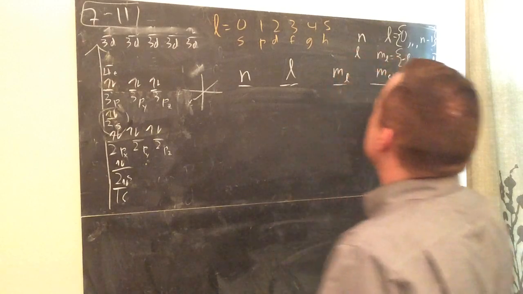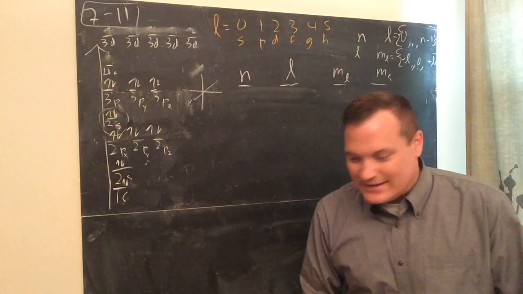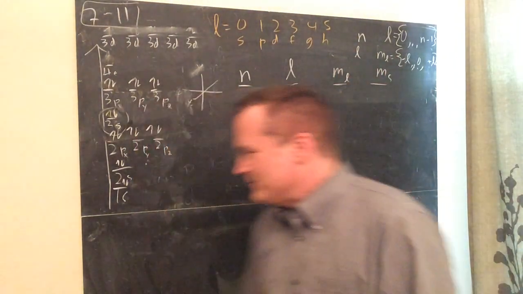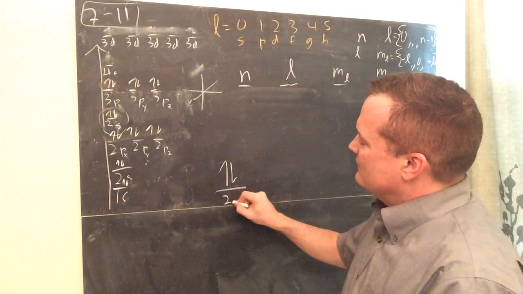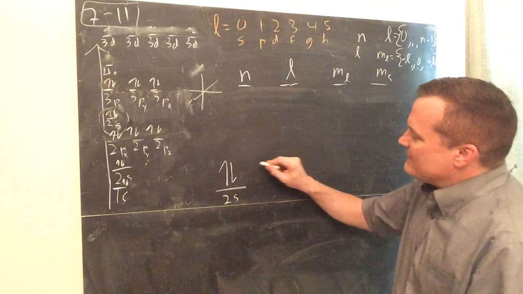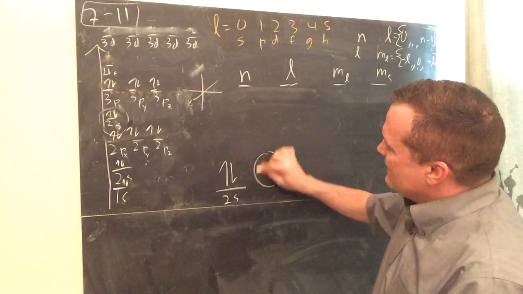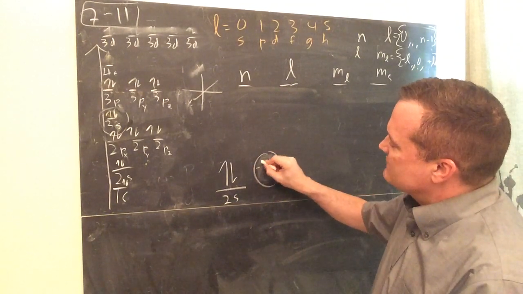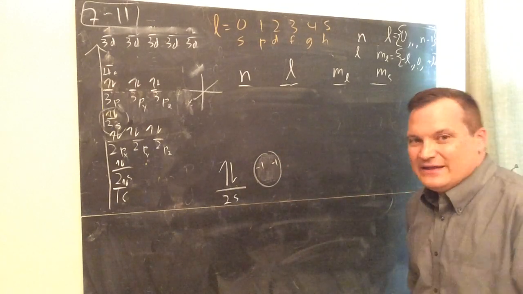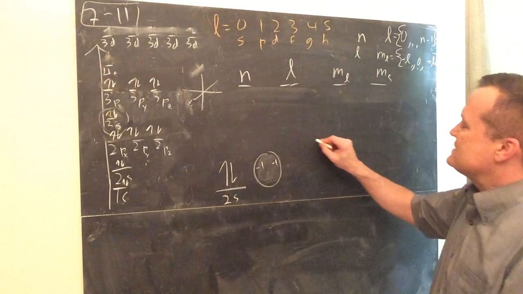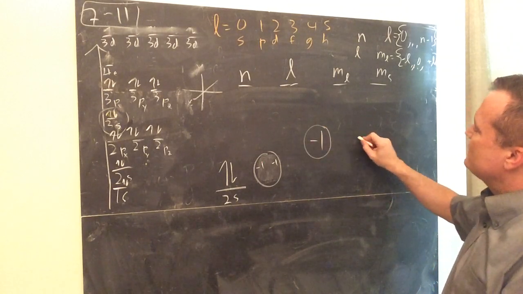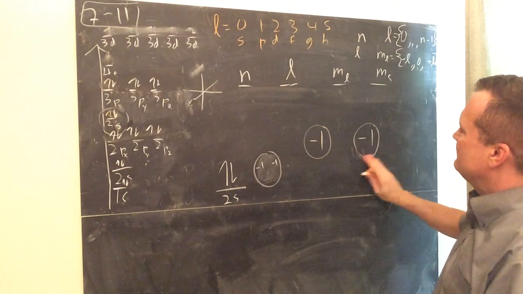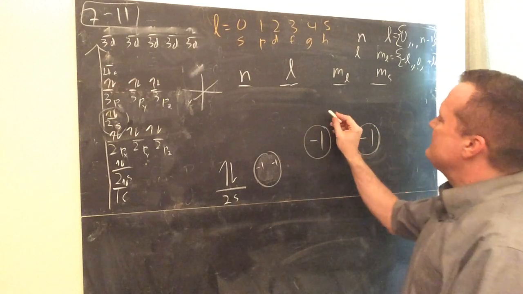The last one is the MS, and it's the magnetic spin. And I've told you about this before. How can 2 electrons be in the same room, like in the 2s room? Well, how can they both be in that little sphere and not interfere with each other because they're both negative 1? Well, in physics, I've told you about this. If I have a negative 1 particle and another negative 1 particle, they will repel each other. However, if one of them is spinning